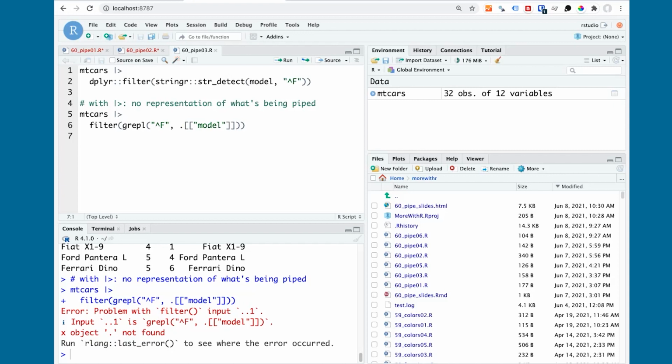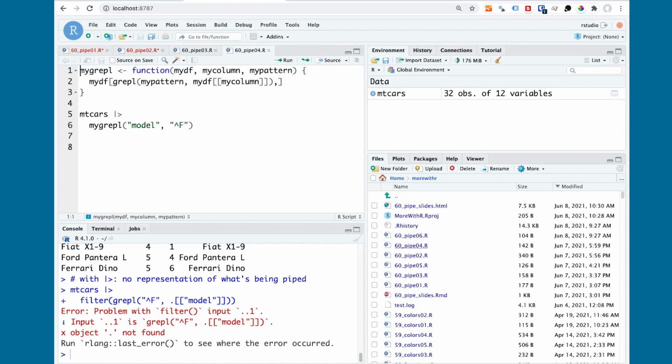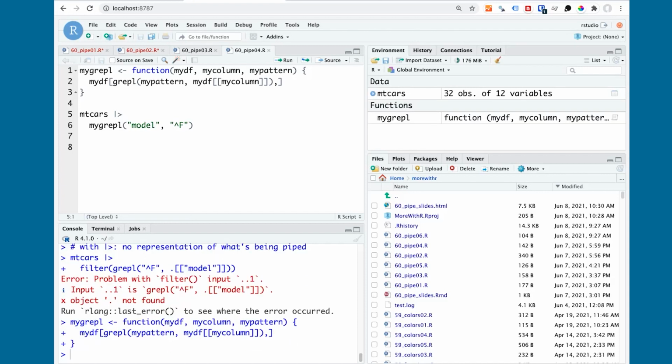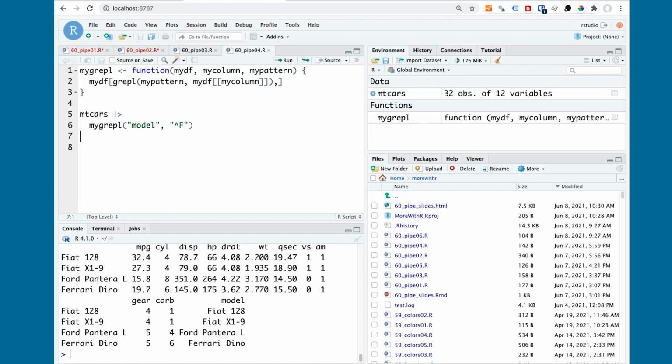But for more complex calculations where there isn't an existing function with pipe-friendly syntax, can you still use the new pipe? Well, yes. Now, this usually isn't the most efficient option, but you could create your own function using the original function and just switch the arguments around. I did that here with my own new version of grepl, called mygrepl, just changing things around so that the data frame is the first argument. Now you can see I can use grepl as the foundation with the new pipe. Again, I know this is kind of a silly example, but try to imagine something more substantial.